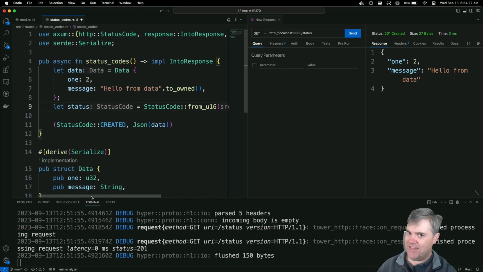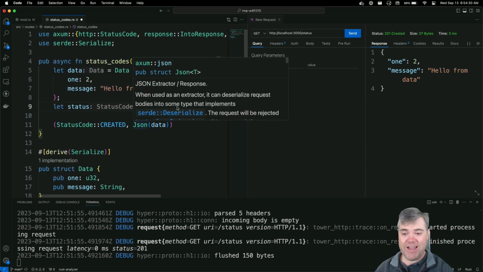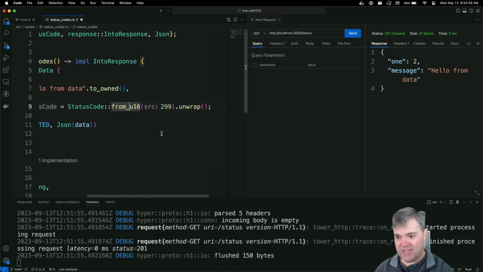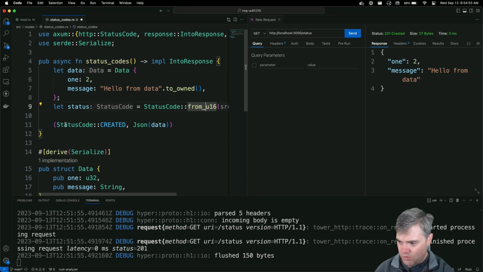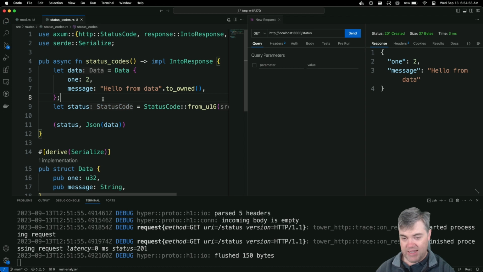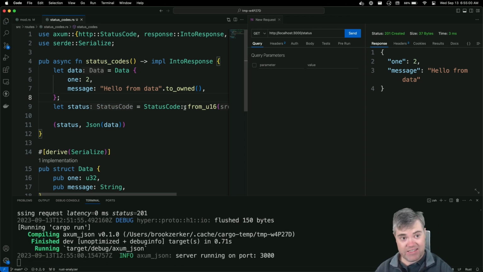Or at least their documentation really says it's not going to. And I went ahead and looked at the code base. It's really interesting to go in and take a look at this, and you can see, okay, it actually is going to look through if it's between 100 and 999, we're okay, return the status code, otherwise return the result as an error. And then we're going to replace U with status. And that's it. That's all we need to do to have a custom status code.